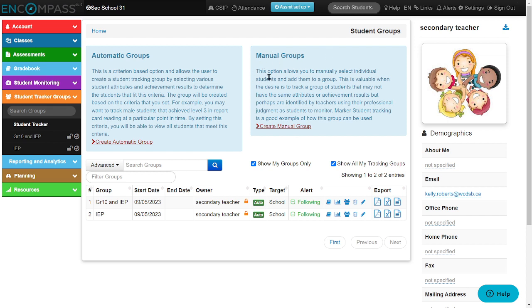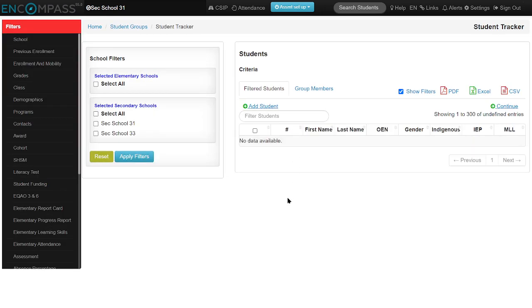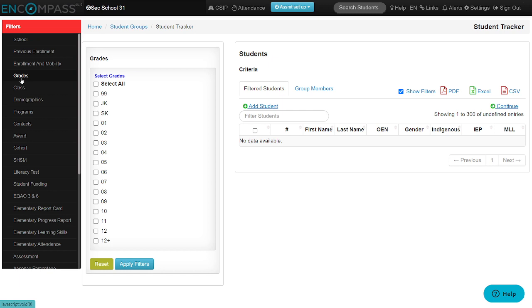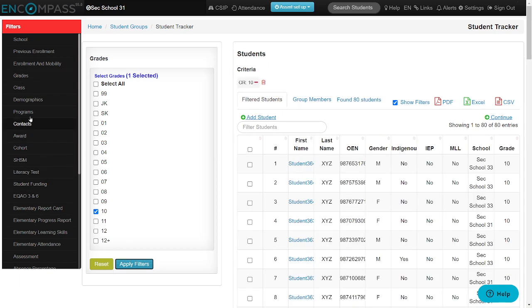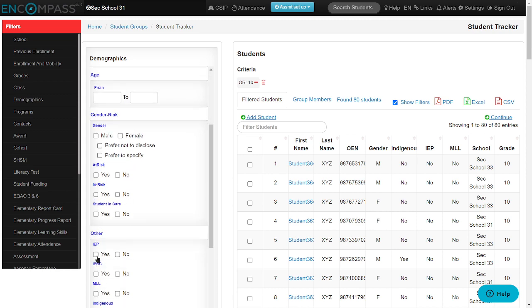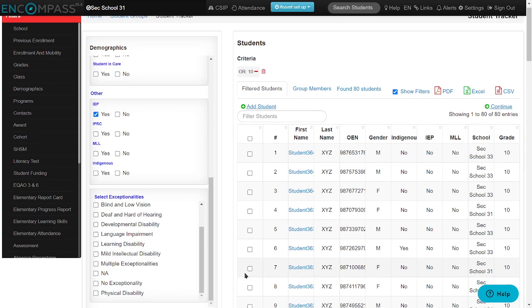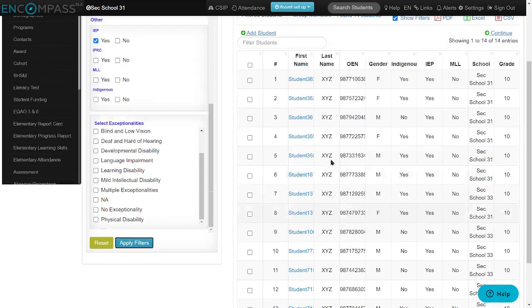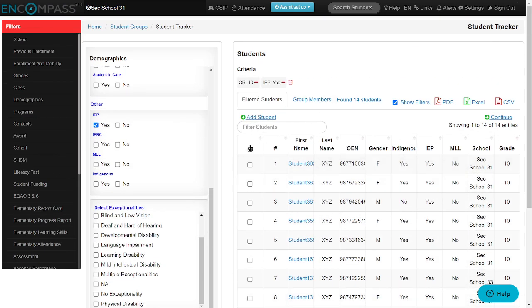So I'll just quickly show you a manual group and how that is different. Many of the steps are the same, except for the part where you identify the students that'll be part of the group. So I'm going to select Create Manual Group, and I'm going to apply the same criteria. So students that are in grade 10, and they have an IEP. So I'm just going to scroll down to IEP equals yes, and I'll apply the filter,